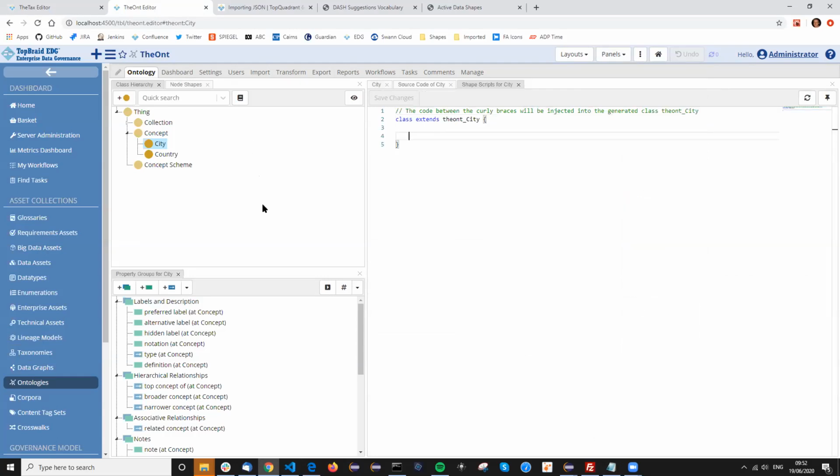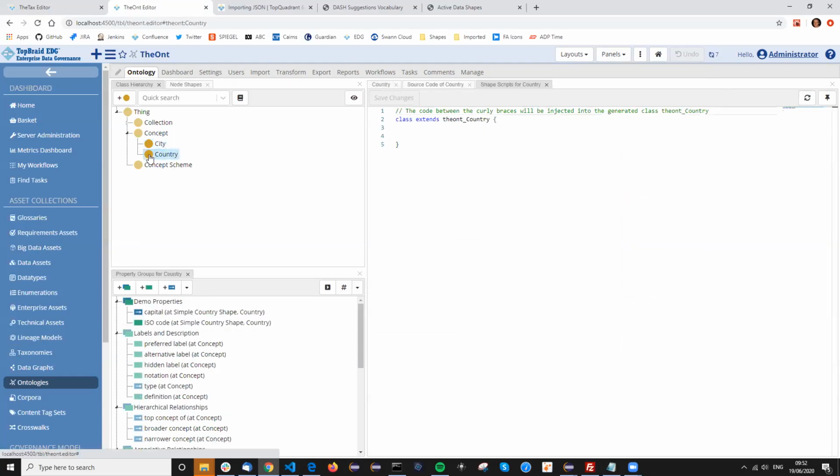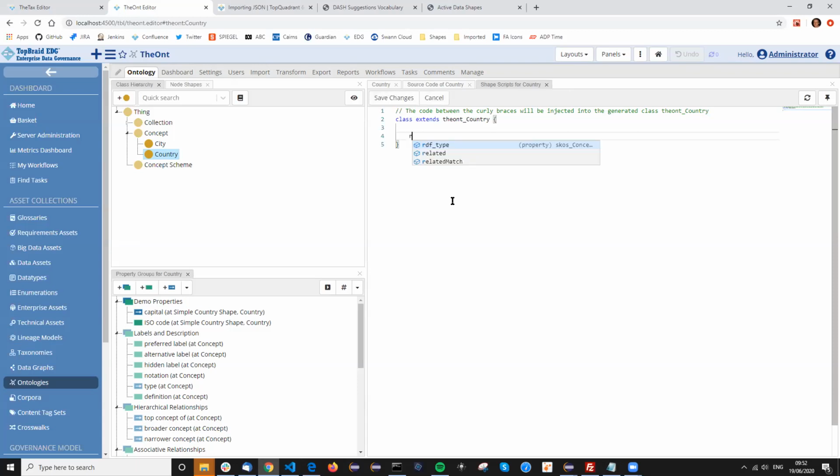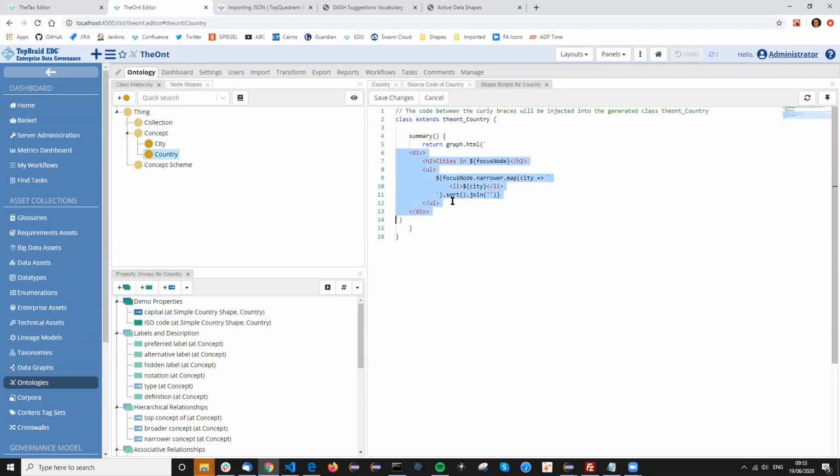So I'm back in the ontology now. I want to attach this to country as a function. So let's call this function render summary maybe. Well, let's just call it summary for now. And then all I need to do is, I'll just paste the stuff in that we have edited in the other screen. And what will be happening is when I'm defining such a function now, this is stored together